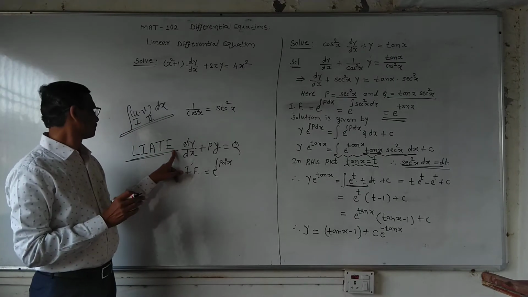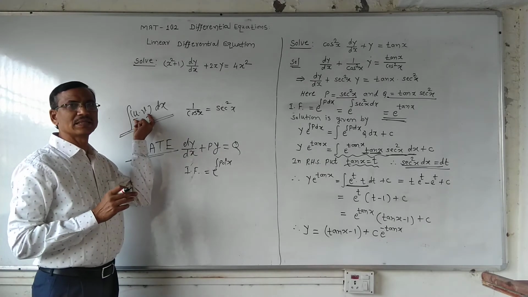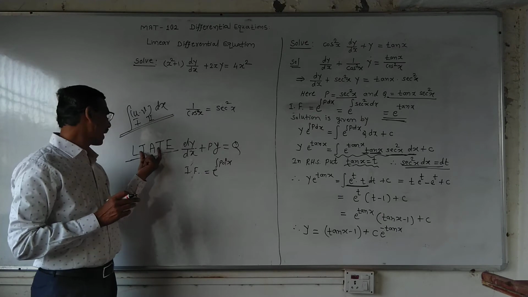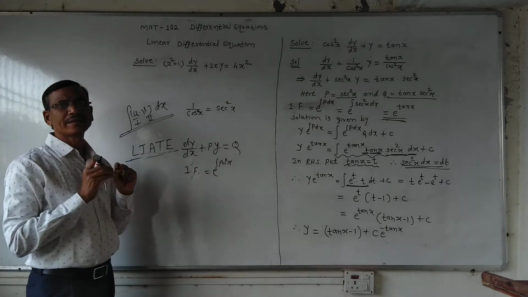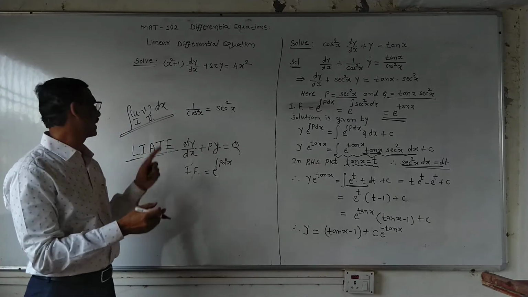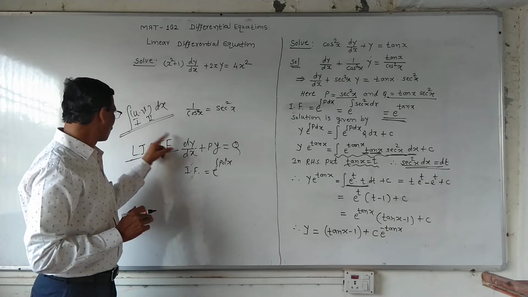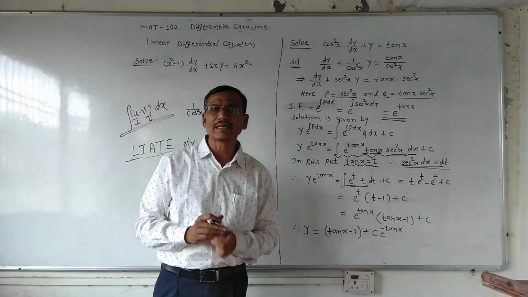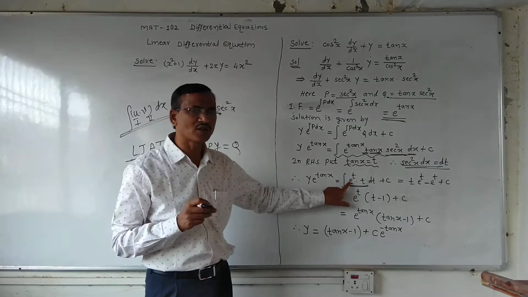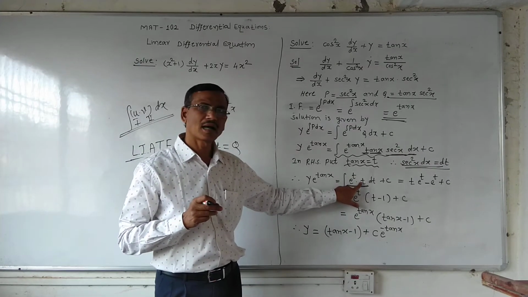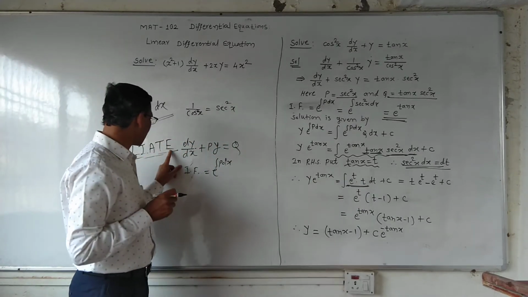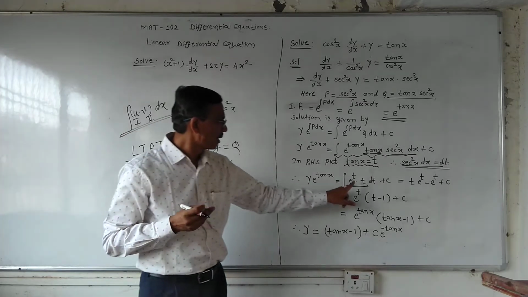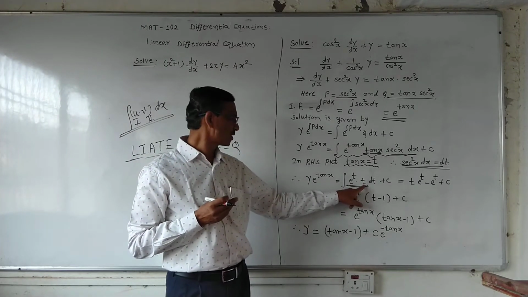exponential function. Those functions appear in this product arranged in this alphabetical order LIATE, and then treat the previous function as a first and the next as a second function. Now our two functions are e raised to t and t. E raised to t is an exponential function and t is an algebraic function. In our order, e is at last, exponential function, and therefore we shall consider t as a first function and